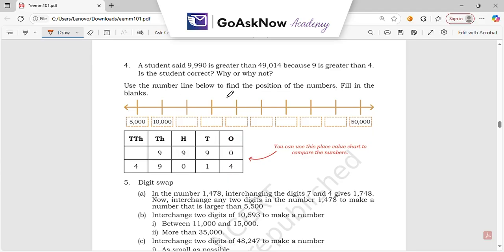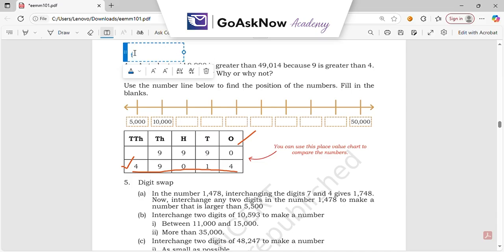Here there are 4 digits, with thousands, hundreds, tens, ones. Here there are 5 digits, which is ten thousands, thousands, hundreds, tens, ones. Comparatively, this one has 5 digits, which is greater. So this is incorrect. The answer is, the student is not correct